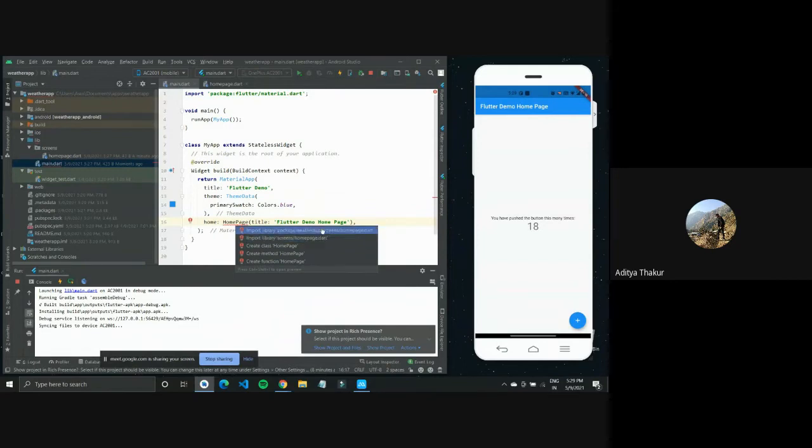Now there are two options which are almost similar: import library screens that home dash homepage, or import library package dot weather app dash screens dot homepage. The upper one is more specific, and that is better because it tells you there is this weather app package from which you have to import homepage from the screens. So this is more specific, so it's better, and you can go ahead with it. Again, homepage doesn't take in a title property, so there is no use of defining that.